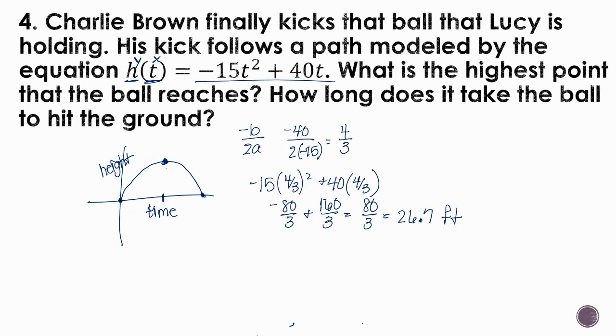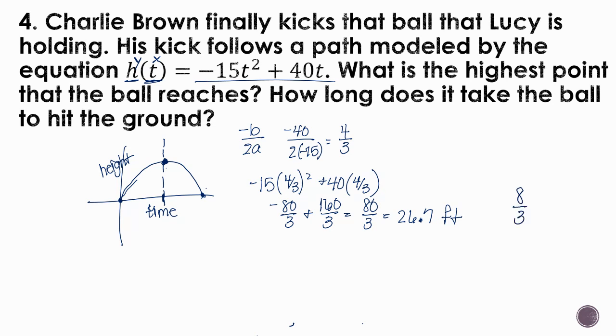Well, look at this parabola that I drew. The ball hits the peak, or the vertex, at 4/3 of a second. And then it hits the ground that exact same amount of time later. Remember that the vertex is always in the middle of the parabola. That's where our axis of symmetry is. It goes right through the middle. So 4/3 is half the time that the ball is in the air. Then it would simply hit the ground at 8/3